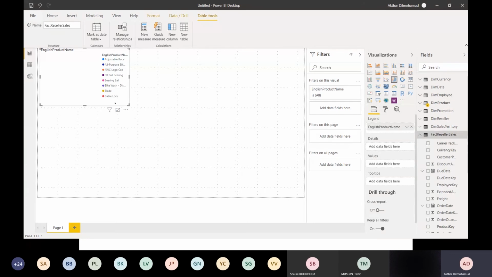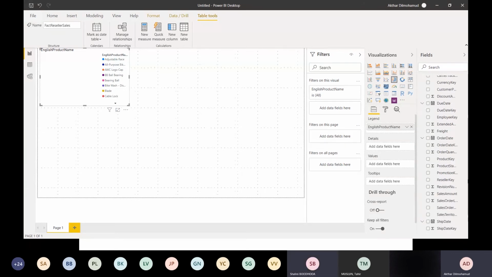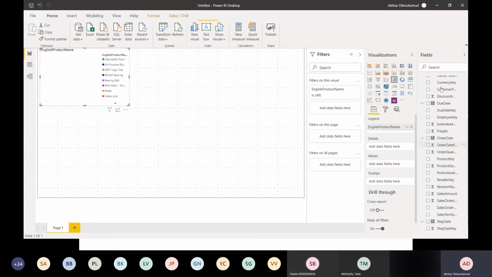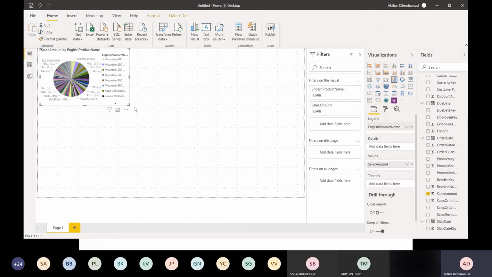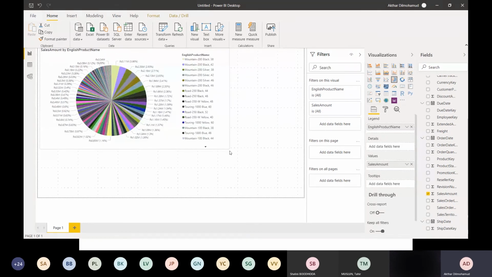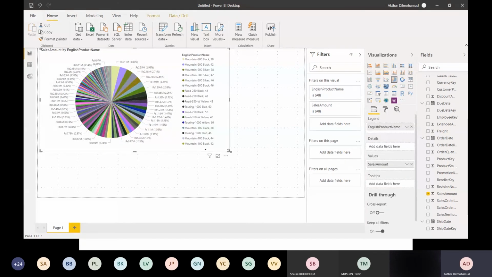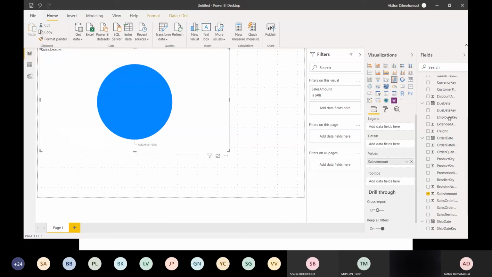I want to show, for example, so these are all my fields, and you can see those with the summation symbol are the measures, if you remember, right? So I want to show, for example, my sales amount. Now it will start to show up. So these are my sales amount by product. It's a bit too cluttered because there are too many products. I don't want to use product. I want to use, for example,